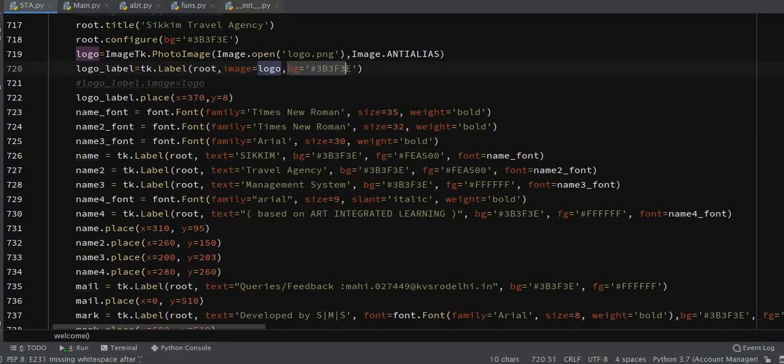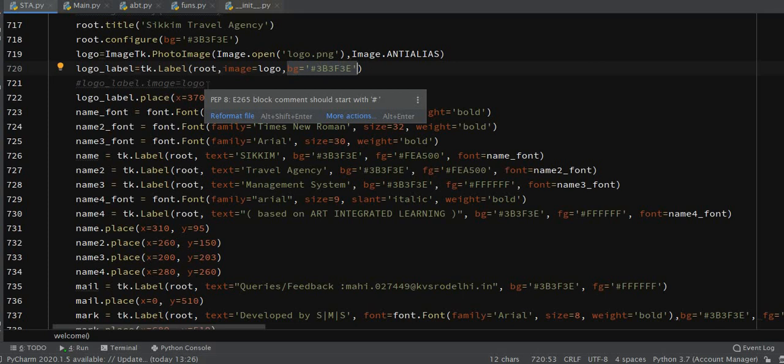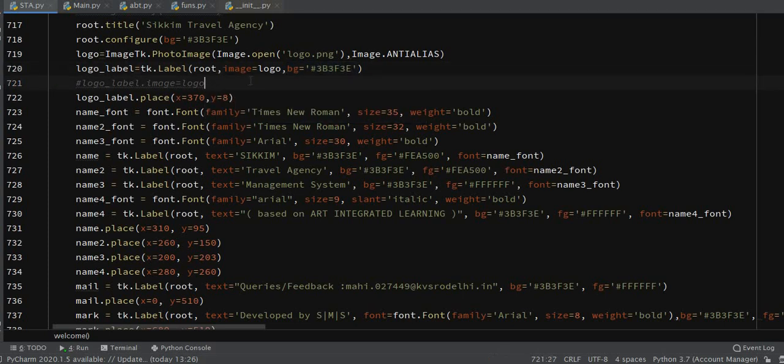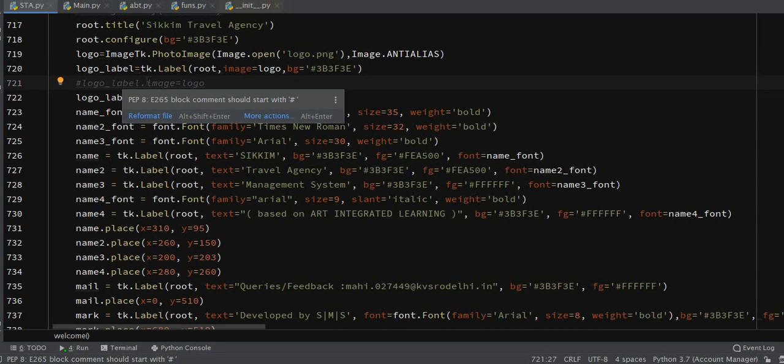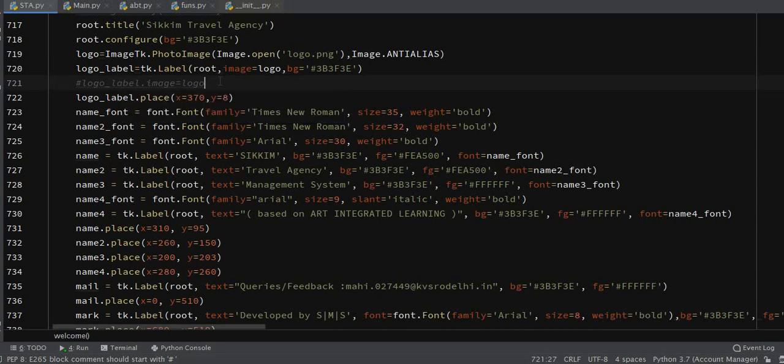Then I have added the background color of the label, otherwise there would be some white labeling around the image that I don't want. I just want it to be blended with my window color. That's why I have done this. Now in some error case when the image doesn't open in your window and doesn't show up, you can use this statement. I just added it as a comment. You just have to reassign the value of label to the image opening.